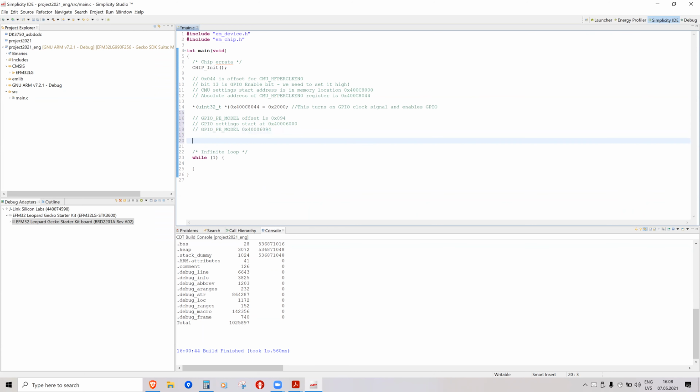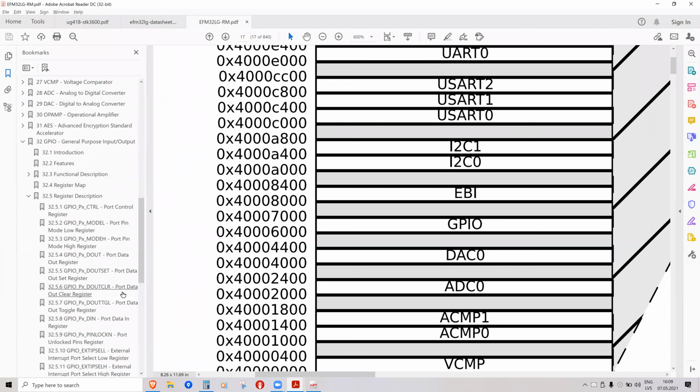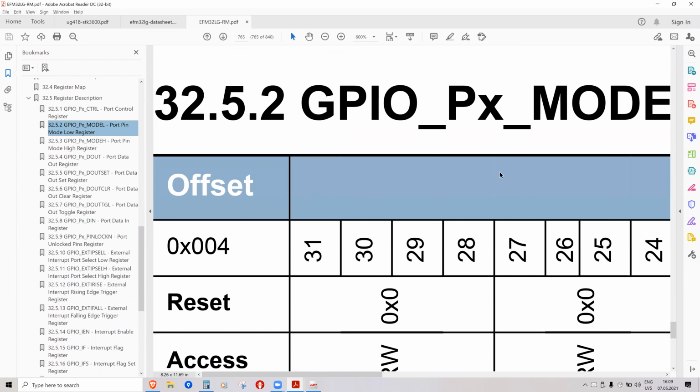So what I can do is write value pointed by unsigned integer pointer 0x40006094 equals 2, and then going back to general purpose input output mode low